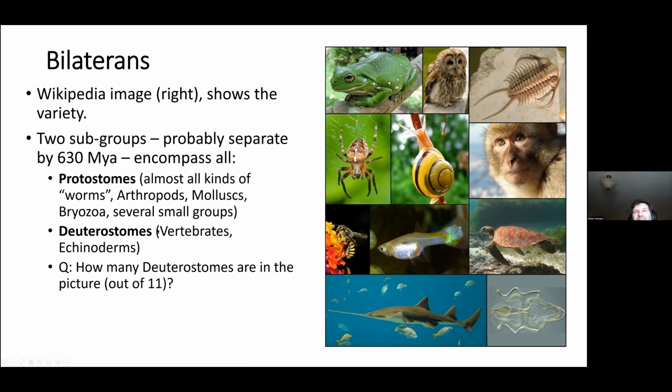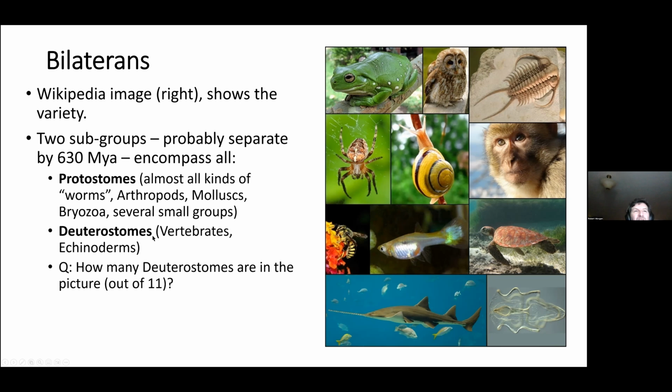Anyone want to make an offer? Right, well, let's count them up then. It's vertebrates and echinoderms. So we've got the frog, which is a vertebrate. It's got a backbone. We've got an owl, that's 2. This thing, which is a fossil trilobite, that's not a vertebrate. Spider is not, that's in the group here. Oh, we've got a monkey, that's 3. A turtle, 4. A fish, 5. And we've got a shark, 6. So we've actually got 6